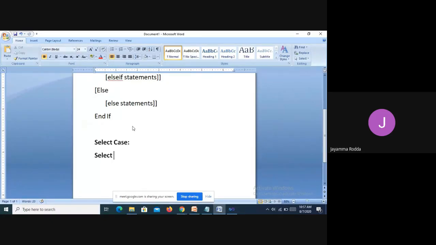Select Case. Here Case is written with C in caps and the remaining small letters. Then the test expression.